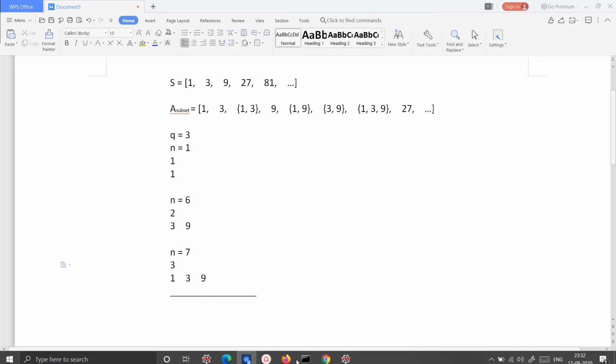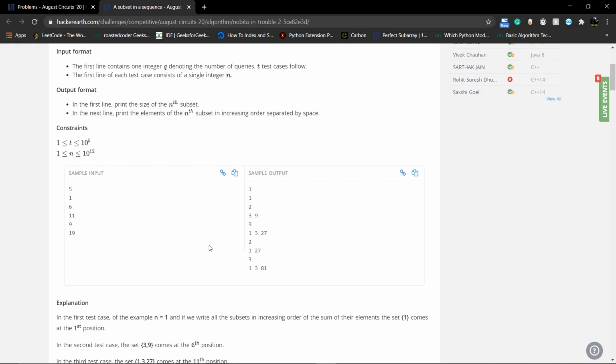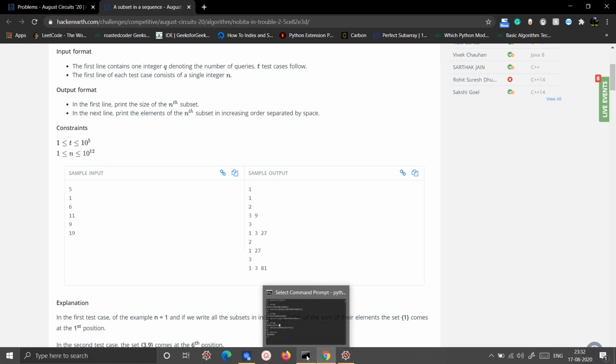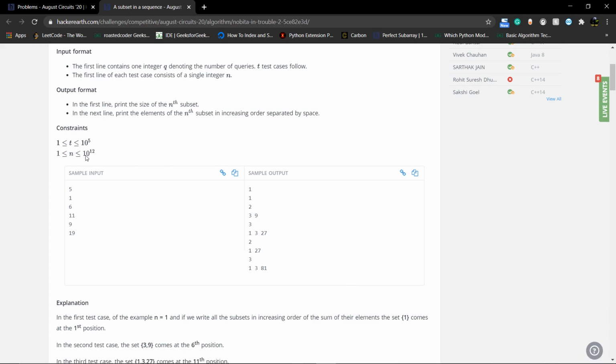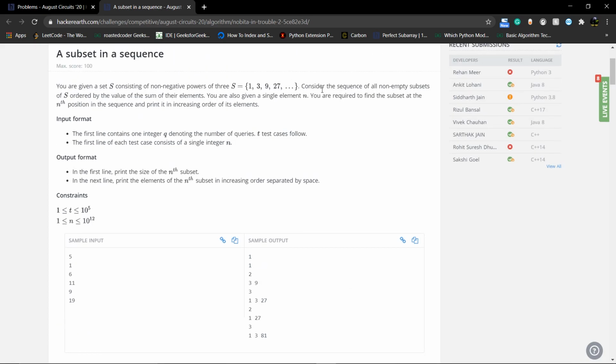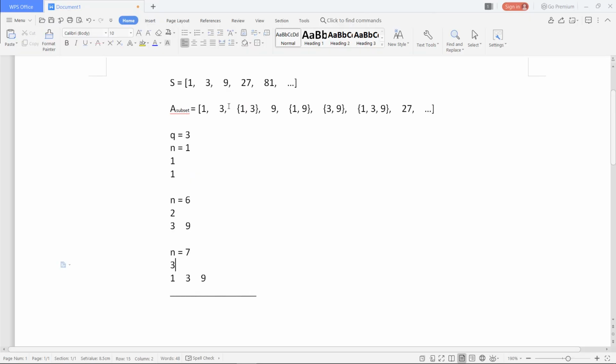First of all, if you want to calculate it using recursion or anything else, n is up to 10 to the power 12, which is the number of elements in the sequence formed after taking subsets. If the size of this sequence is 10 to the power 12, then the length of the set S will be around 40.